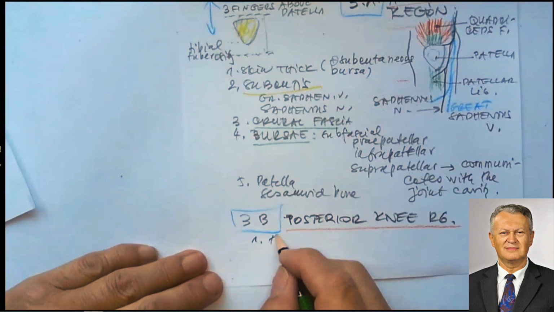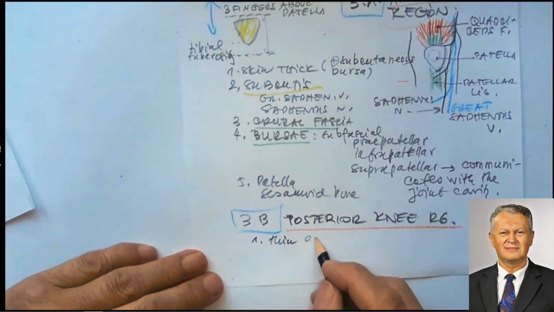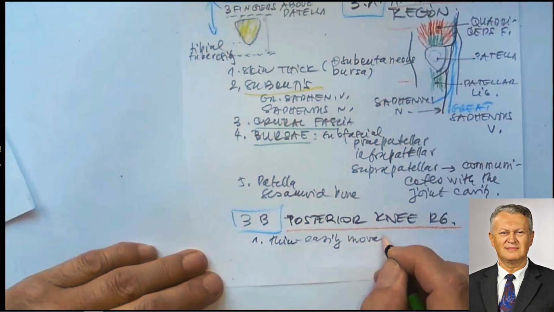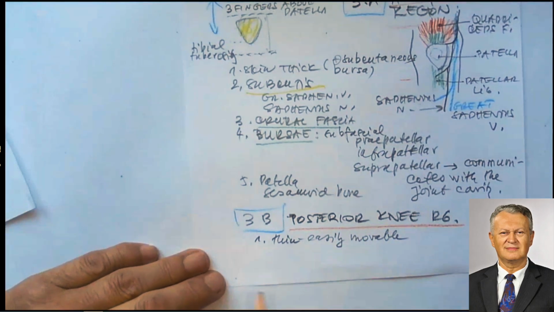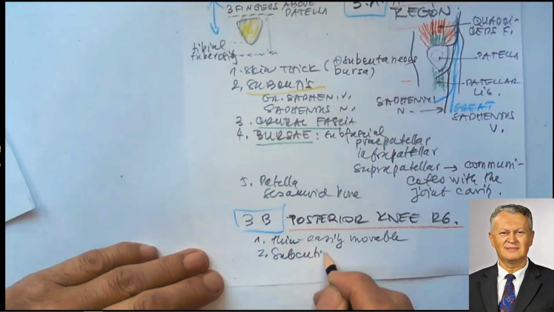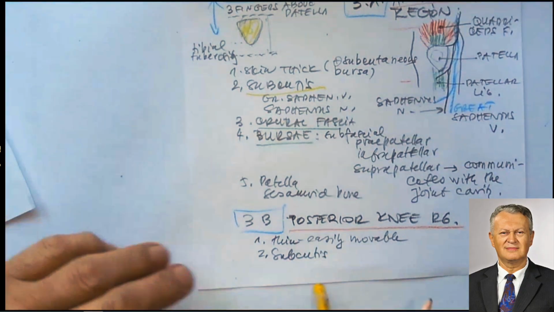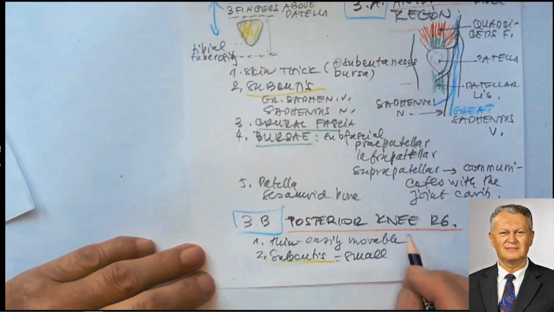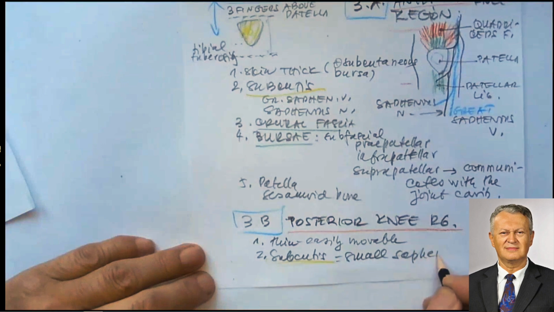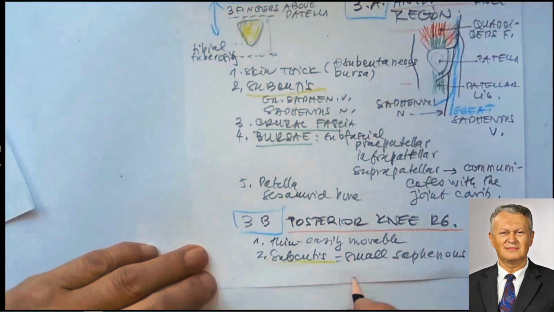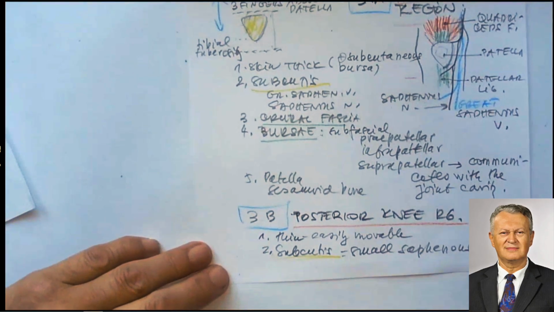This is thin skin. We know that the skin is thin, easily movable. Then the fatty layer, the subcutis, contains the small saphenous vein, vena saphena parva, plus tributaries, which penetrates the fascia,